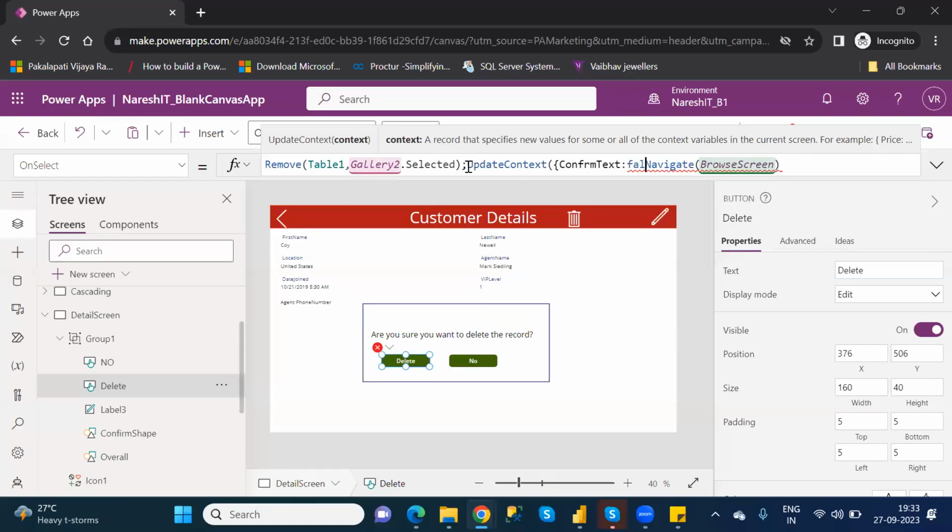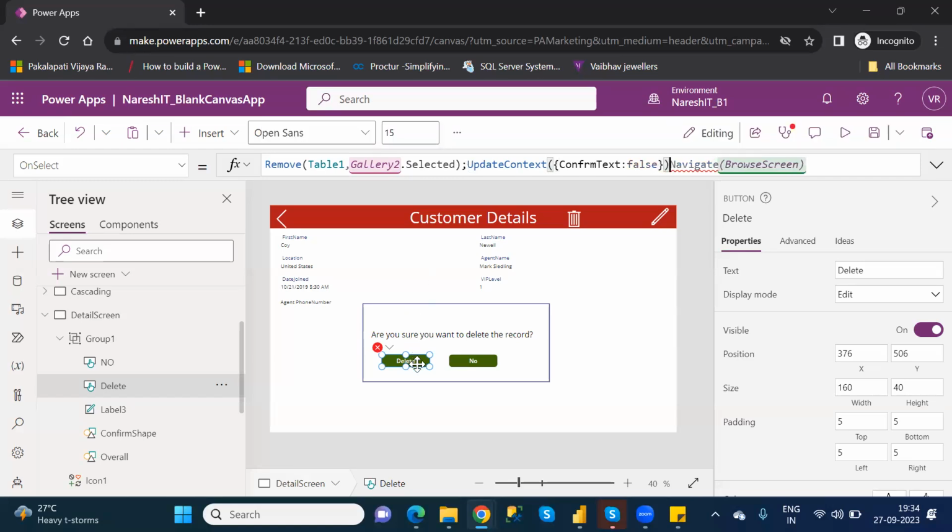Here you can set it as false. When I click on this particular one, I don't want to delete, which means I don't want to deactivate the confirmation; it still needs to be there.